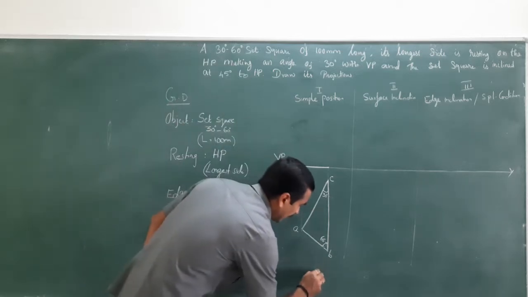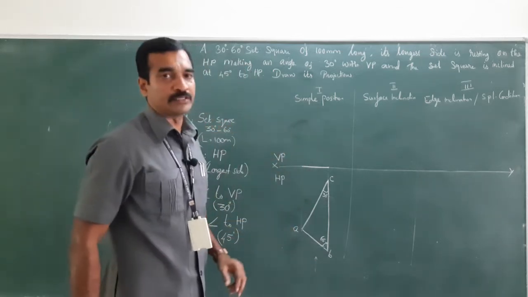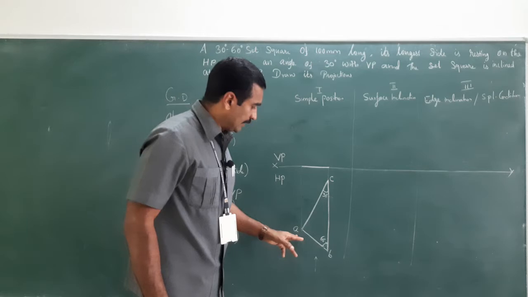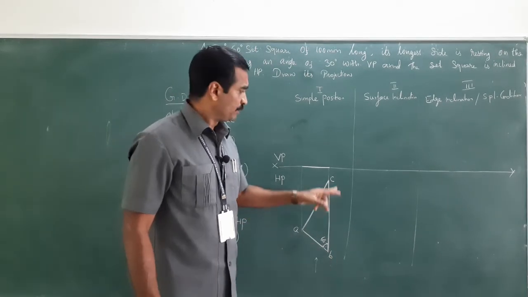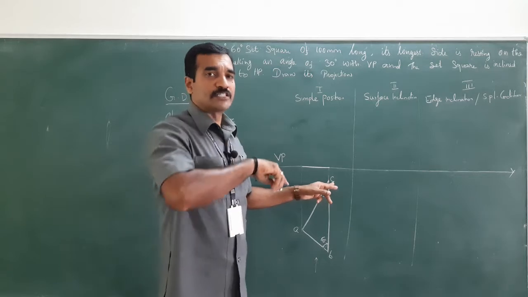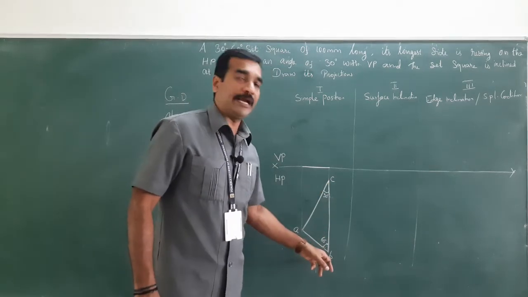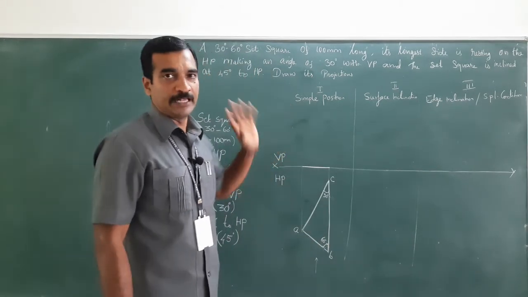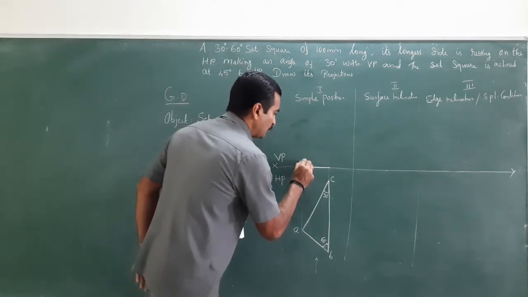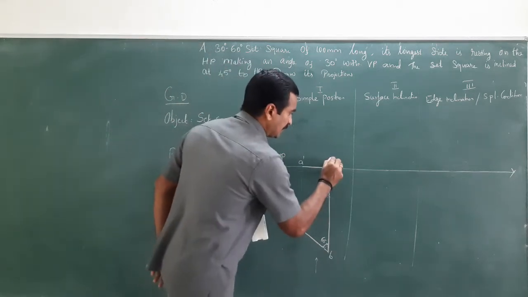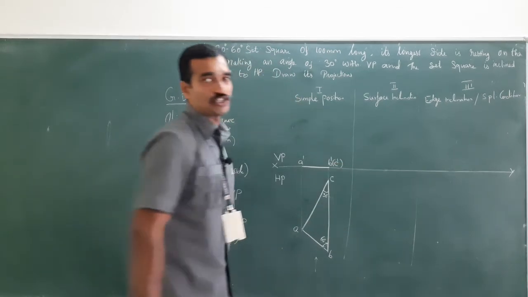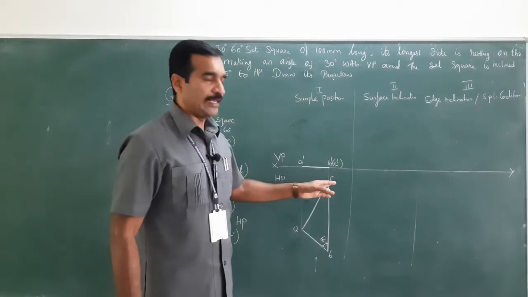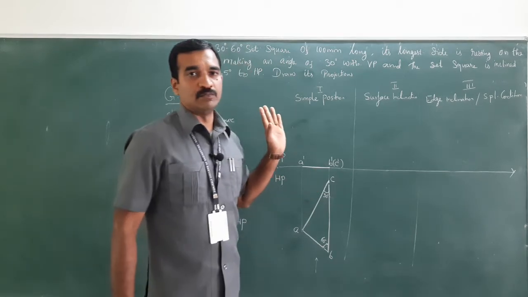When you look at from here, you could see A point and B point. So these are the two corners are visible. C is invisible. The reason behind C is right behind B, therefore C becomes invisible. So this point could be A dash and this could be B dash. C dash could be within the bracket because the corner C is invisible.